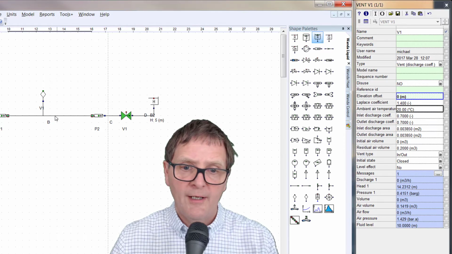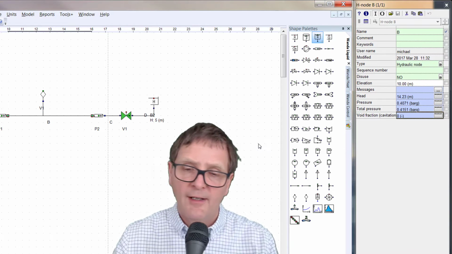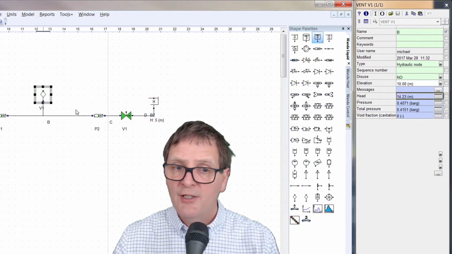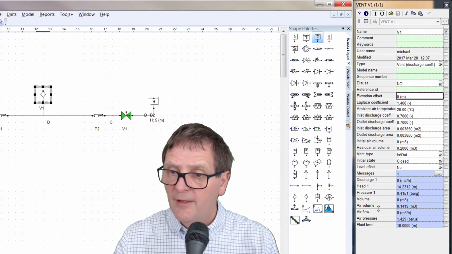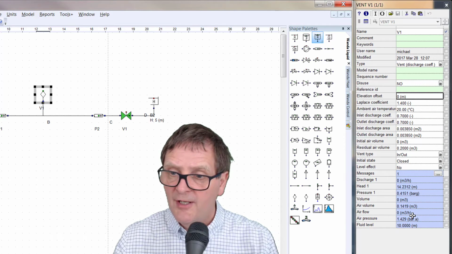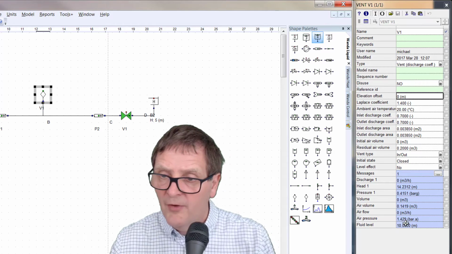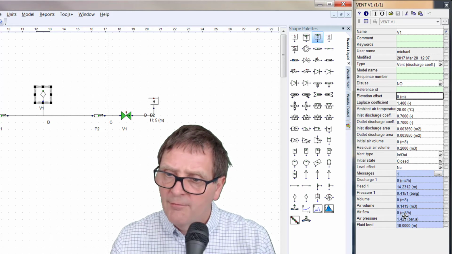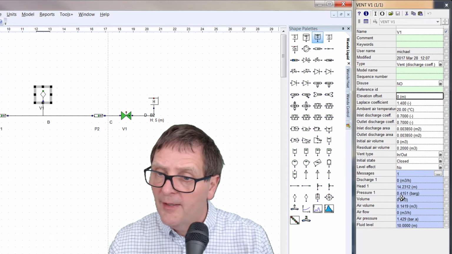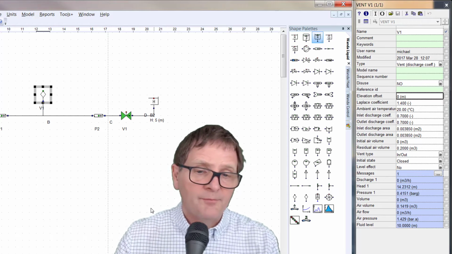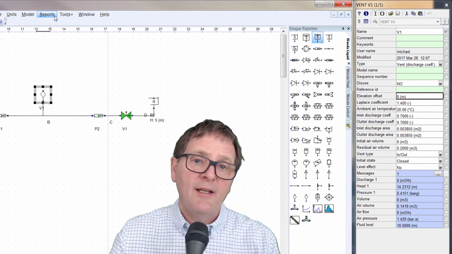Oh yeah, and that worked okay now. So we can see the pressures and everything in there. But if we look at the valve down here, the airflow is 0, because there is no negative pressure. The pressure is positive at that point because it's a positive pressure. So now we're ready to go for the